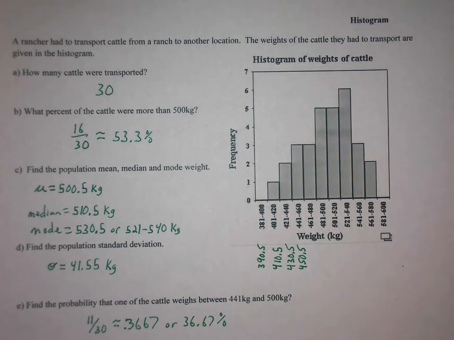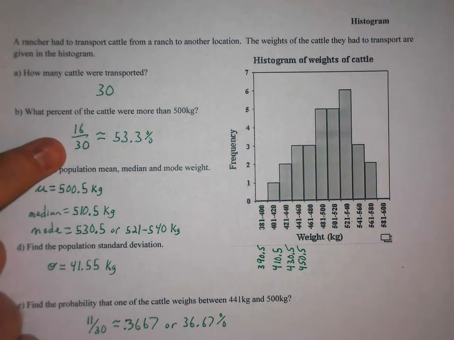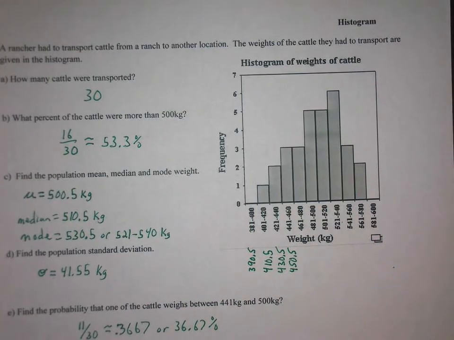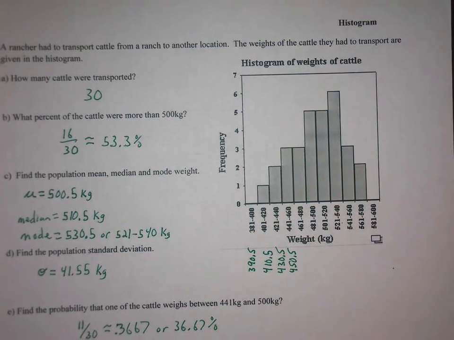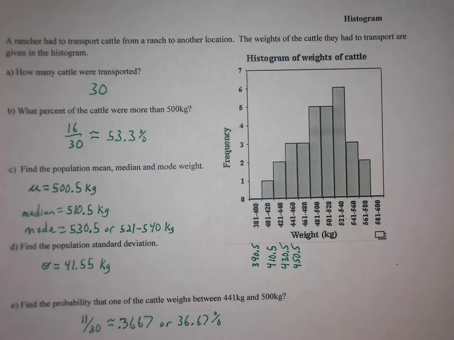Part B, 16 over 30, or 53.3%, weigh more than 500 kilograms. And then in part C, to find those